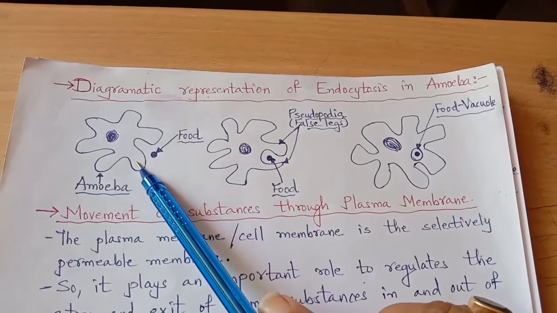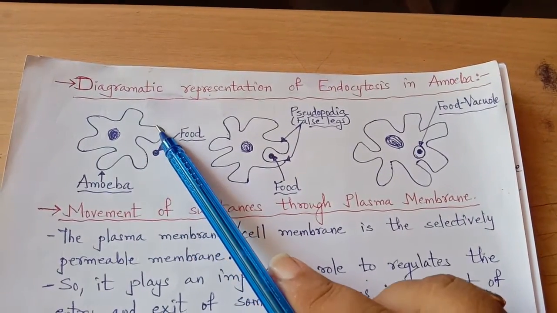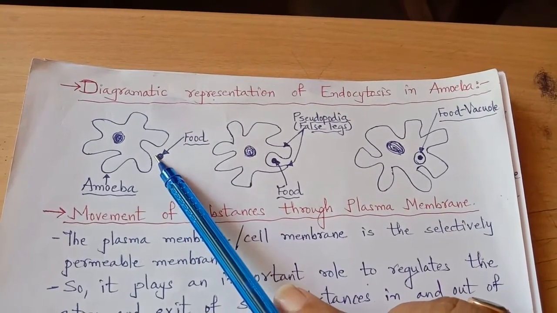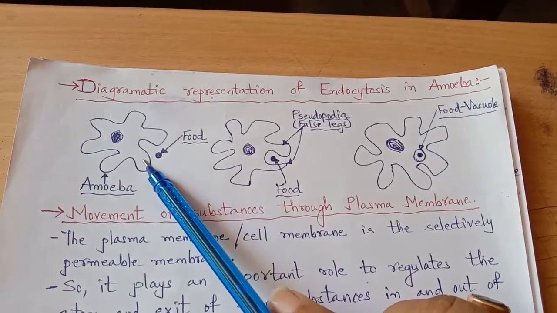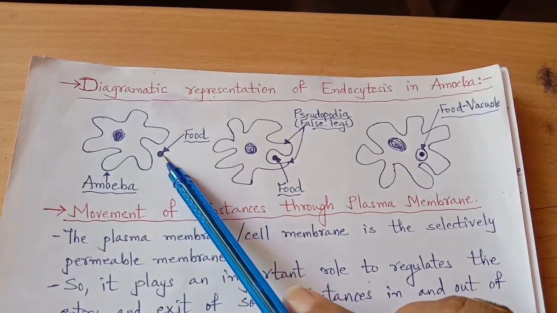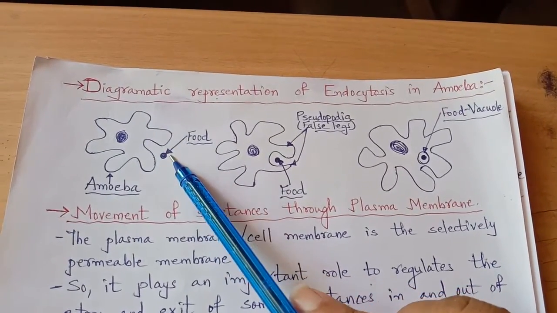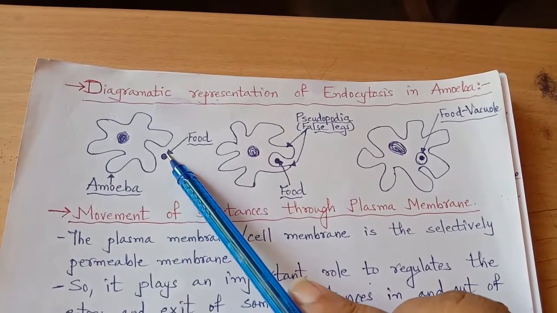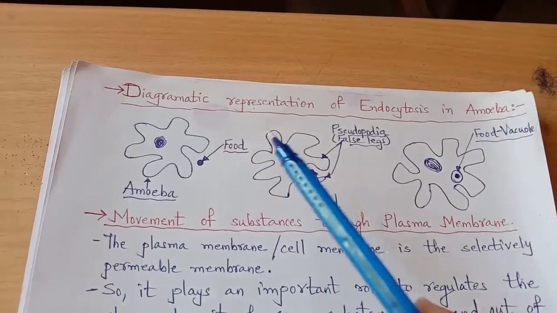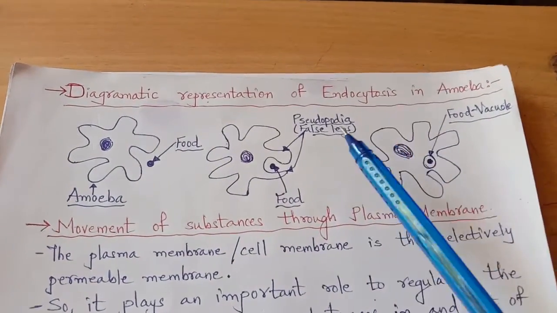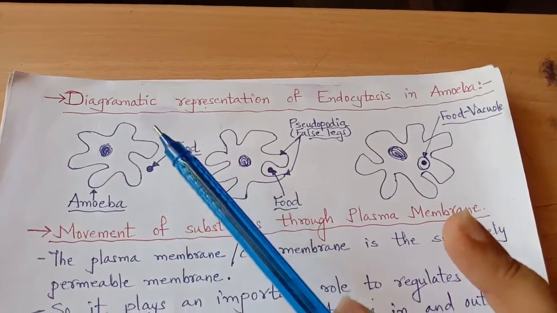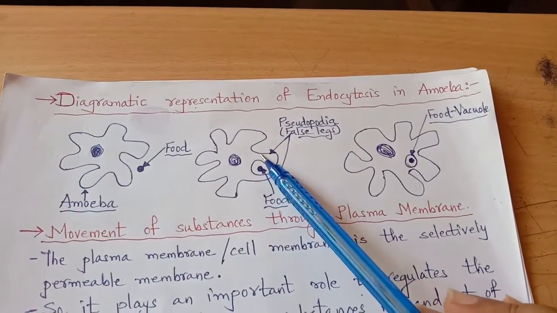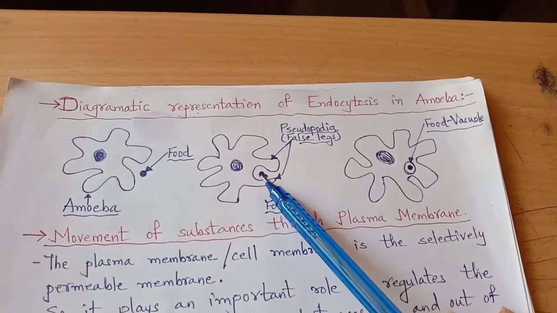It wants this food to swallow in its body, to engulf in its body. So it will make the projection of the body, this body part which is near the food. Amoeba has tendency to extend this projection of body. This part of the body it will extend like a projection, and it will project over this food and will try to cover the food. You see, these two parts have projected out like this, right? So it will try to cover this food.